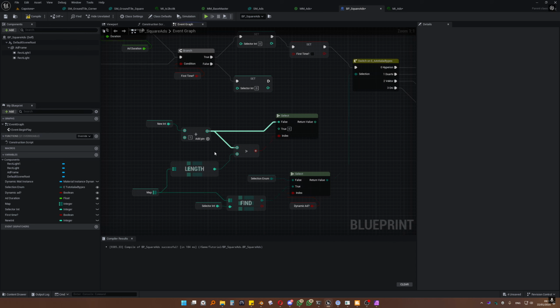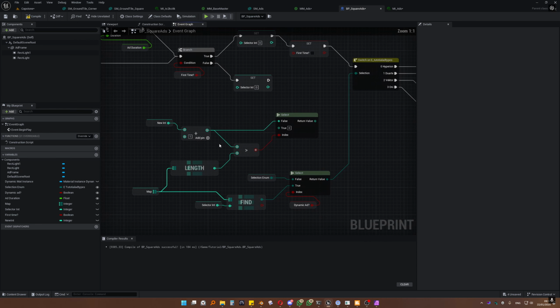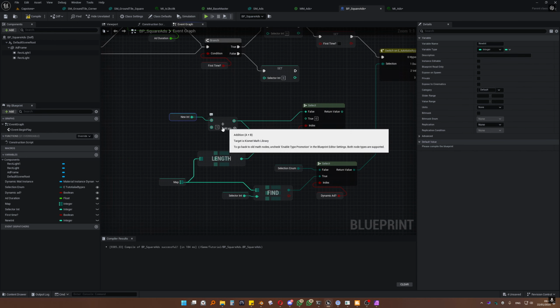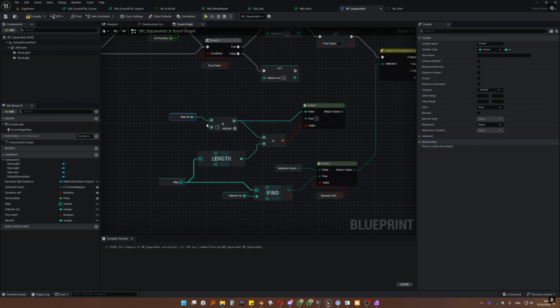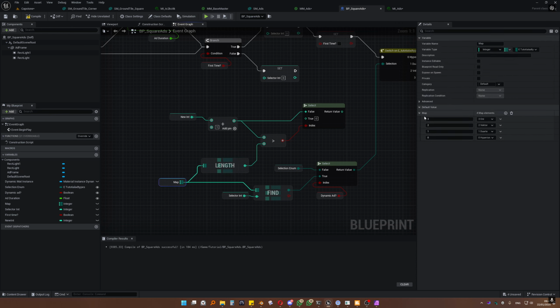Why? Because if it loops, it goes up to 3, then goes up to 4, 5, 6, 7, 8. It's gonna get stuck on the last add and do nothing because there is nothing after the number 3 here. So what I want it to do is keep adding numbers on this new int. So new int plus 1, then plus 2, plus 3. Once it reaches the end, so the length of our map, which is gonna be the number 3 here,